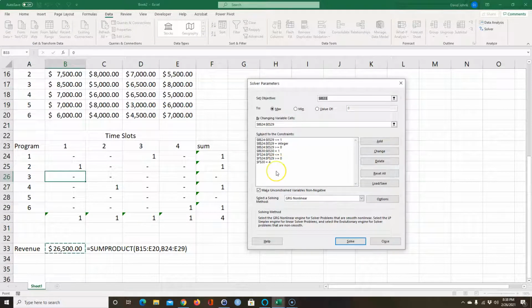Now I have a lot of constraints in there, but I'm just making sure everything works out, right? I want to make sure these are all 0s or 1s. So I said less than or equal to 1, greater than 0, and I also said integer. And then these will be integers automatically on the outside because I forced these to be integers. So this has to be less than or equal to 1, greater than or equal to 0. This has to equal 4, and all these have to equal 1. So now if I go solve,